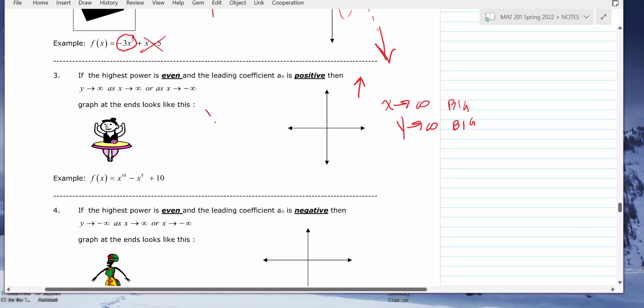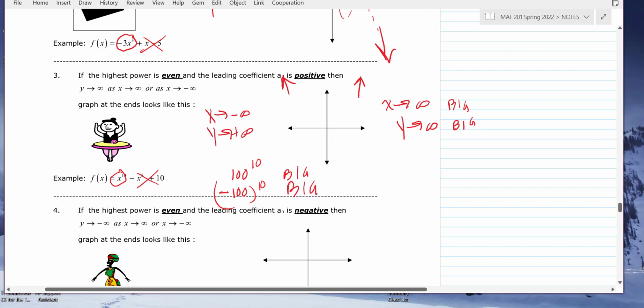Over here, if x gets small, x goes to negative infinity, well, y still gets big, so it goes like that. Now, what I want you to understand is what matters. If you put in a big number, say 100, 100 to the 10th power is big. And if you do negative 100 to the 10th power, that negative becomes positive, so